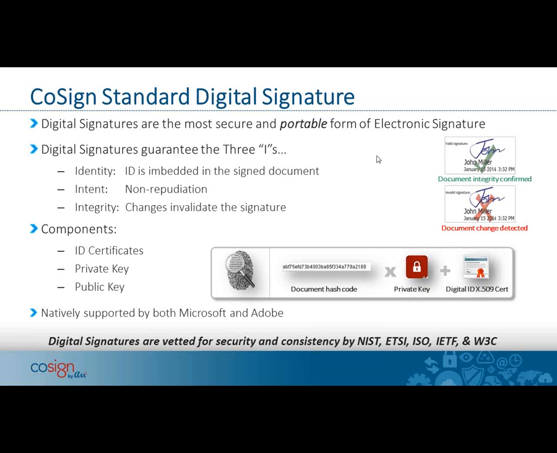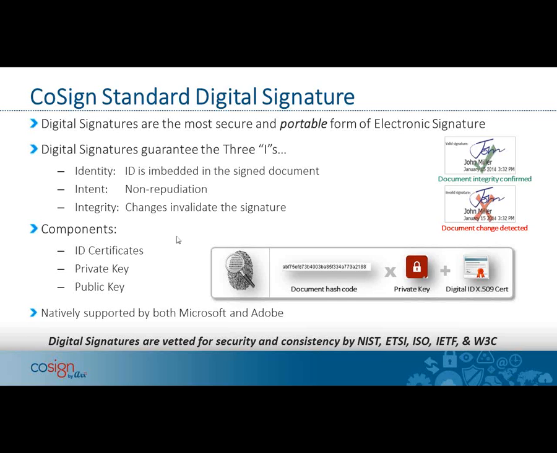Okay, so in the world of electronic signatures, it's the digital signature that's known to be the most secure. The other thing about it is that once a document's been signed with a digital signature, the audit trail and metadata, again this identity, intent, and integrity piece, is now embedded into the document. So no matter where it travels, it may be originally stored on your network drive and then put into a content management system, or maybe even submitted to some form of a regulator, the signature and the document are now combined together, and you cannot detach that.